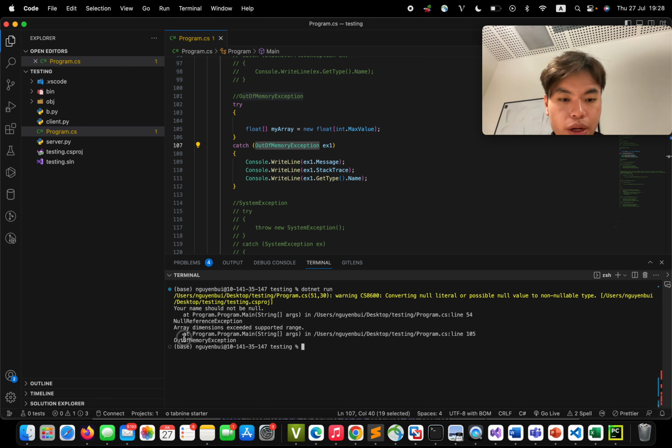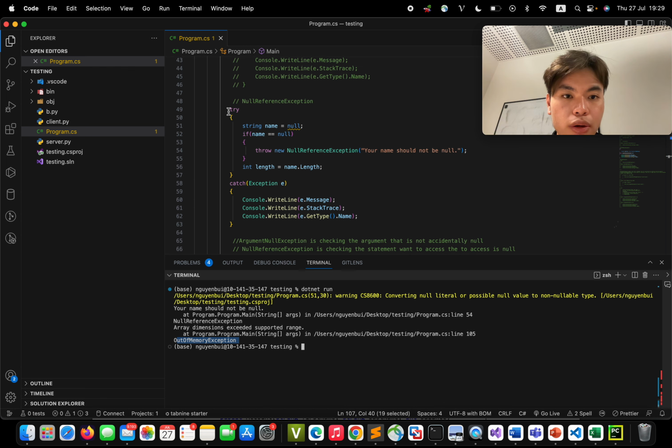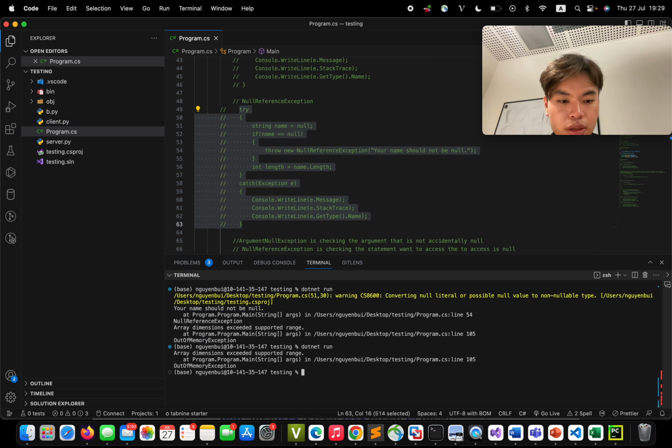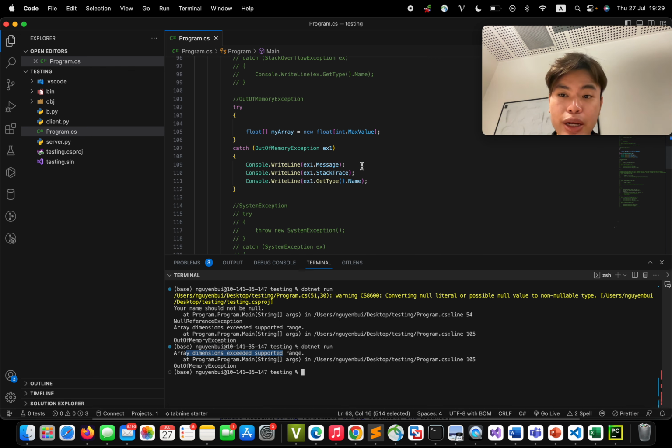Okay, so it's showing about "your name should not be new," and it's got out of memory exceptions. Line 54, what? Okay, so we just delete this one and then run it again. Okay, so it's showing about array dimension exceeds supported range. Because it's out of range, it's showing about the exceptions, and it's showing line 105 in here, and